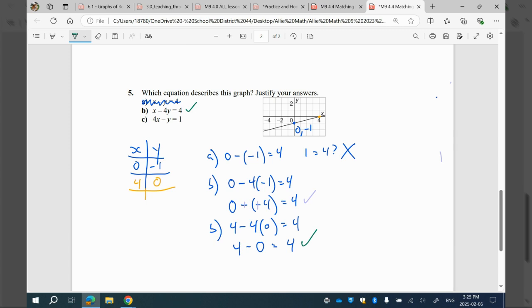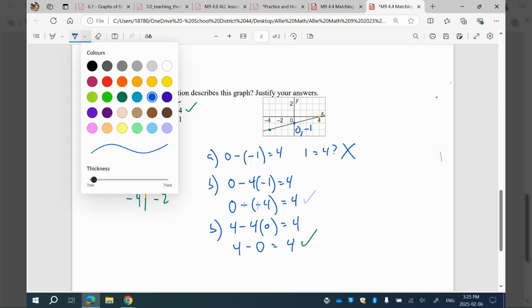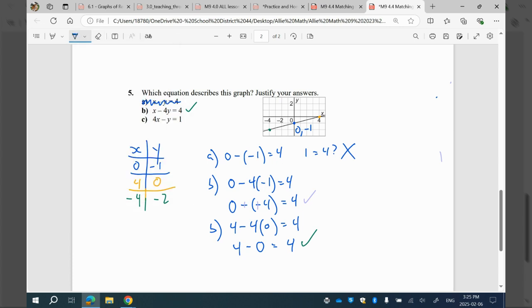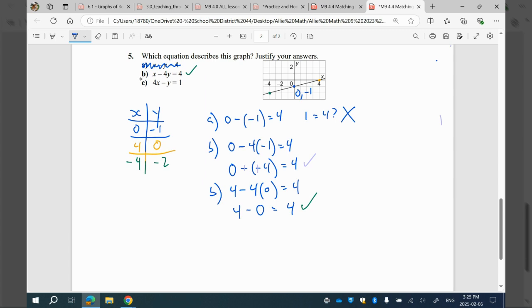We can triple confirm it with one more dot. There's one I can see right there at negative 4, negative 2. So let's just check it for the sake of it. Let me scroll down a little bit. So is it true still for B that 4 times negative 4 subtract negative 2... Oh, I think I'm using the wrong one. My bad. So is it true that negative 4 subtract 4